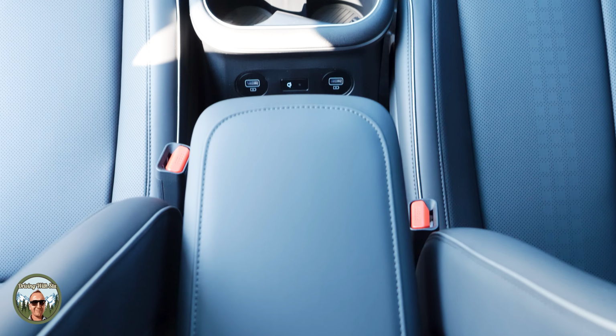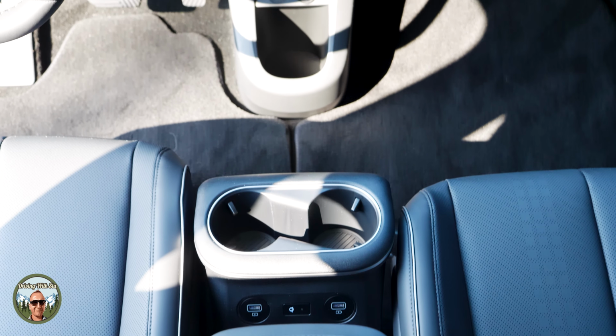Next up is this center console. And I gotta admit, I'm not really feeling the design here. It's basically just an armrest with a pair of cup holders. We've got a lot of open floor space I think Hyundai could have utilized to add more storage compartments and